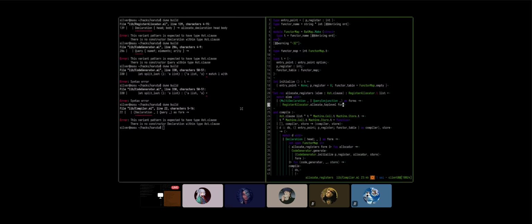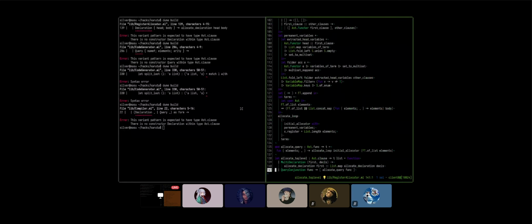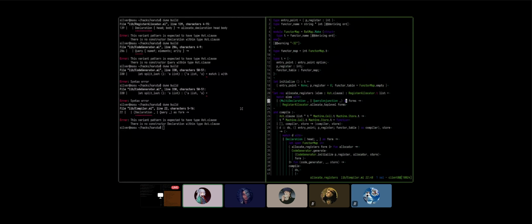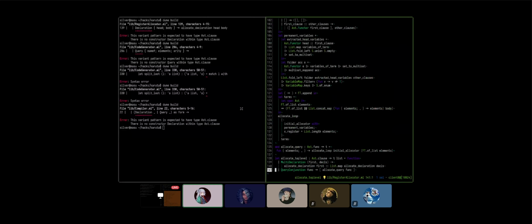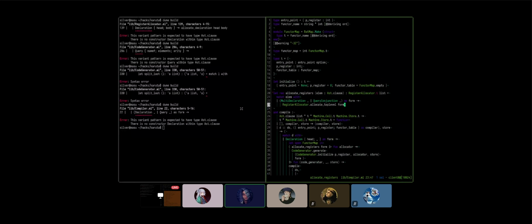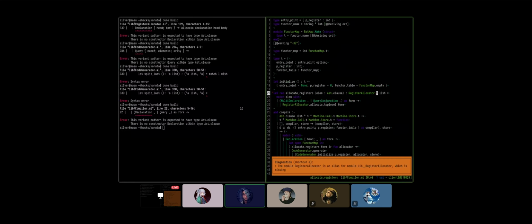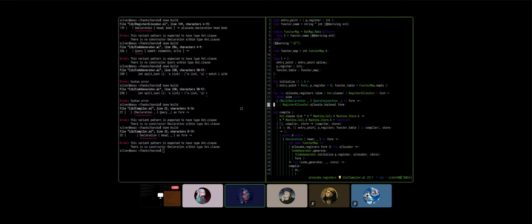Let's call it forms, why not? Oh wait, I've said bullshit. We are ignoring the list. This is still a form. Go back. I said bullshit. Okay. Yeah, this returns a T list. What's the complaint now? Can you run the compiler? Ignore LSP, man. Thank you. Okay, so now 32 is wrong.